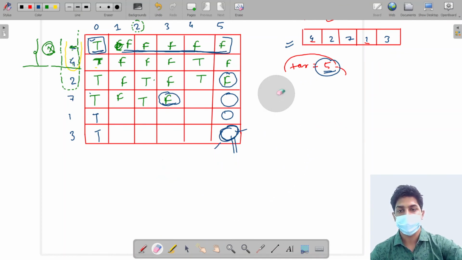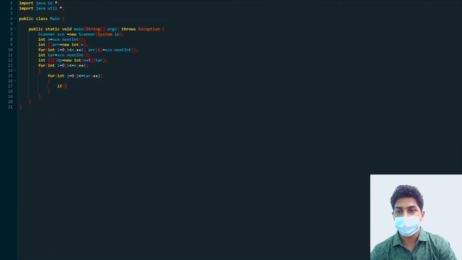Okay, so let me write that: if i is double equal to 0 and j is double equal to 0, that is we are in the first cell, then our dp of i j will be equal to true, and our dp will be of boolean, not integer.